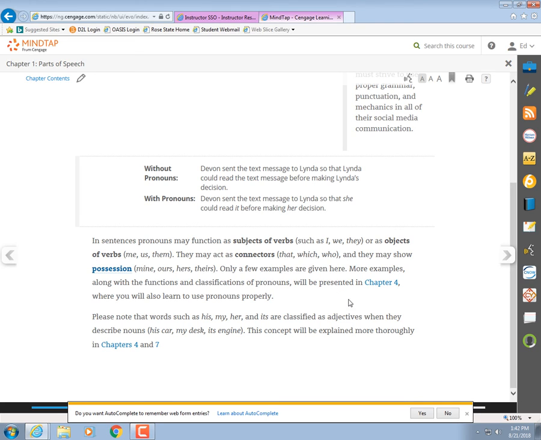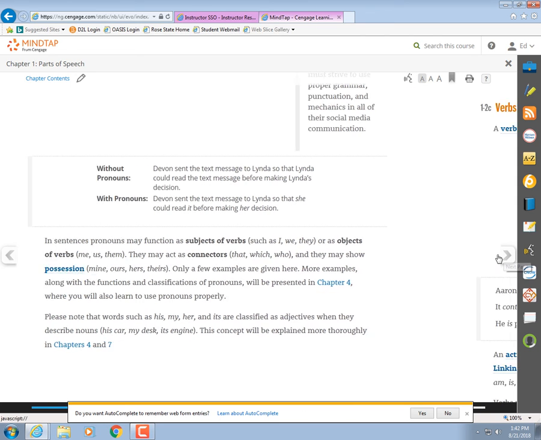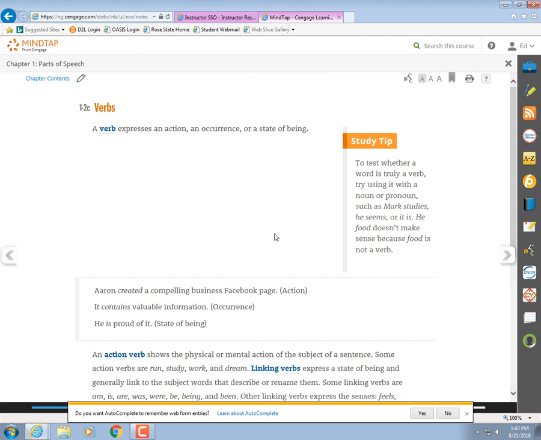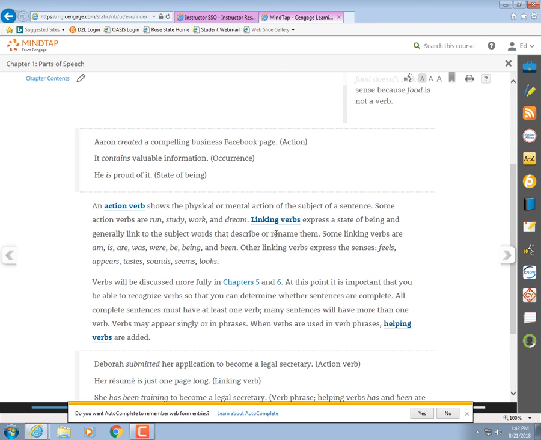Verbs show actions, occurrences, or state of being. An action verb is physical. It's something that really happens. Jump, shout, complete, do, finish. You can see the action in each one of those words. Actions complete the subject's action. Linking verbs are more of a state of being, and they are am, is, are, was, were, be, being, and been. And then there are also some linking verbs associated with feelings, like the word feel,